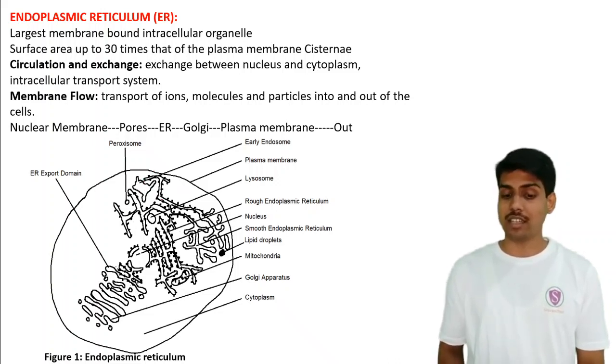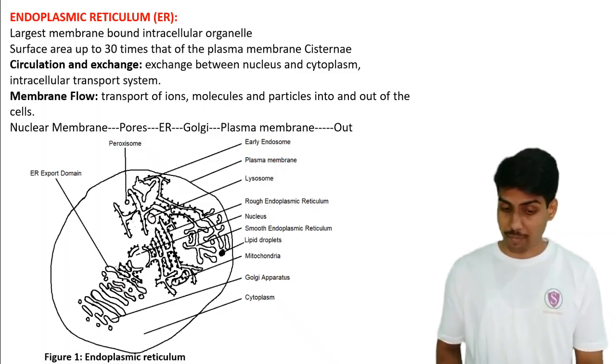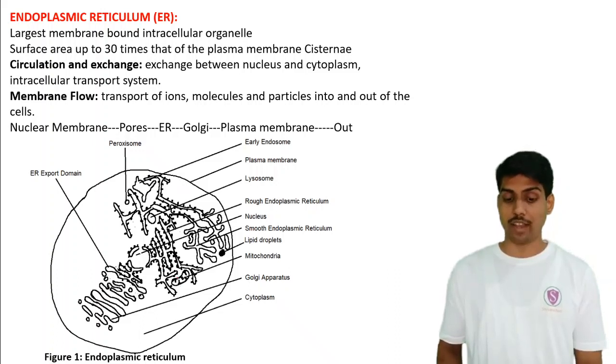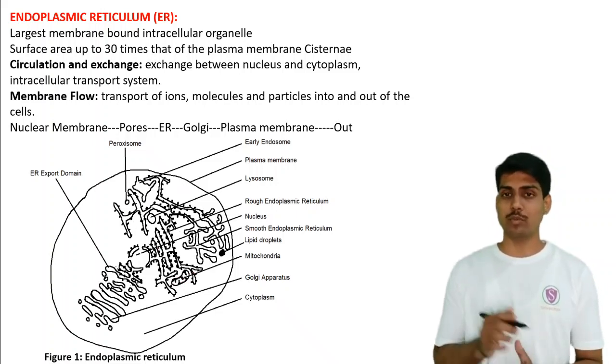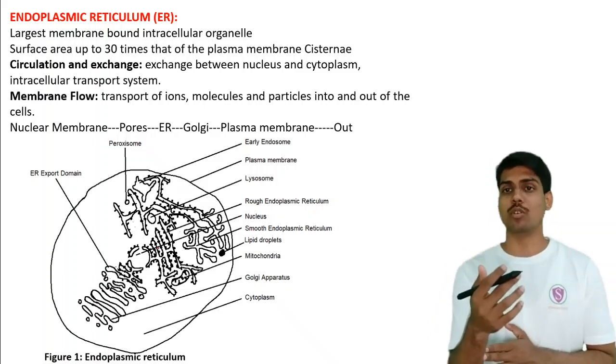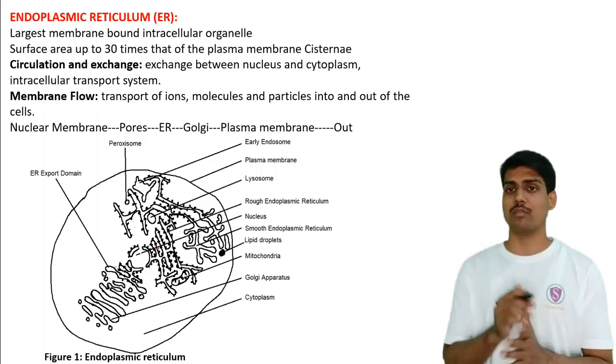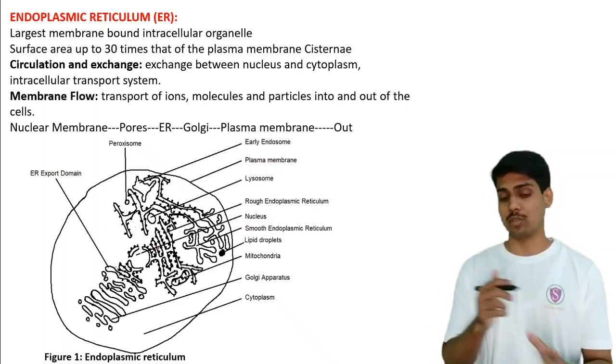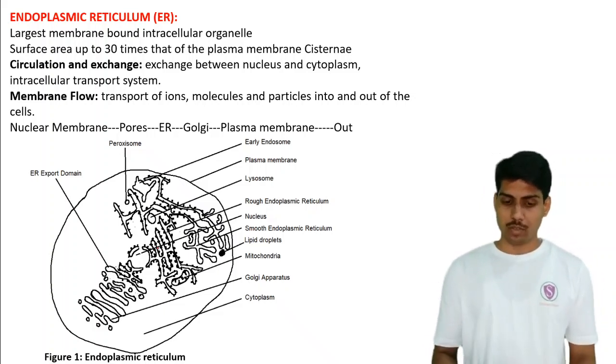So this endoplasmic reticulum is in contact with various organelles or intermediate bodies like the late endosome or early endosome, the peroxisomes, and the lipid droplets which are formed. It also contacts the Golgi apparatus, and it is in contact with the mitochondria. Okay, so this diagram will be your one-stop solution. If we draw this diagram, you won't need to draw another diagram in a question of 10 marks which asks to write a note on endoplasmic reticulum. Okay, so remember this diagram.